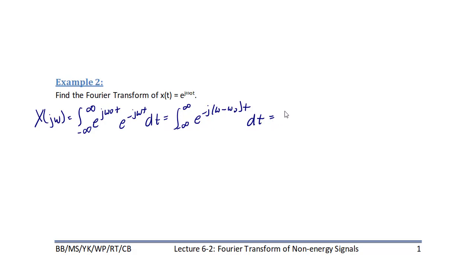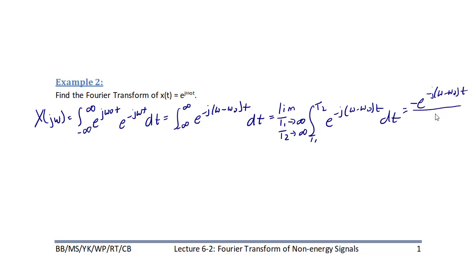So instead, I'm going to define the limits of integration as t1 and t2. So I'm going to take the limit as t1 approaches infinity and t2 approaches infinity of the integral from t1 to t2 of e to the negative j omega minus omega naught t dt, which equals negative e to the negative j omega minus omega naught t divided by j times omega minus omega naught evaluated from t1 to t2,